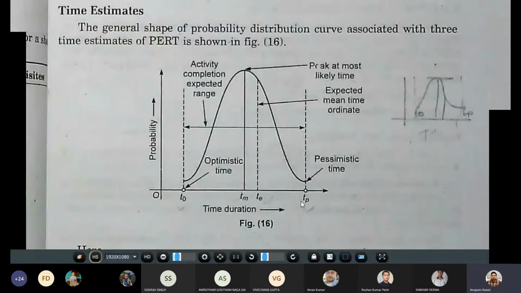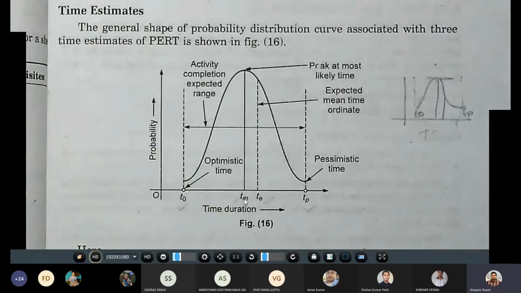Now, in this approach, there is another type of time, that is the most likely time estimate or most probable time. The most likely time is what an activity would most often require if normal conditions prevail. This time estimate lies between the optimistic and the pessimistic time estimates. It reflects a situation where conditions are normal and things are usual and there is nothing exceptional. This is represented by TL or TM. Here in this figure, it is represented by TM.